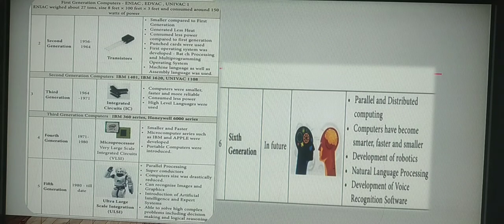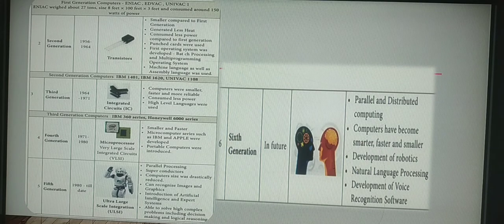Don't forget, in this lesson, the components of the computer and the generations are both important questions. So clear with this one? So you got an idea how to write this question under the 5-mark question? Yes. Similarly, another important point is that in the 3-mark question they have already asked the characteristics of the 6th generation. Similarly, under extra questions there is a possibility of asking for any one generation to be written. For example, the question will be like, write down the characteristics or write about the 2nd generation.